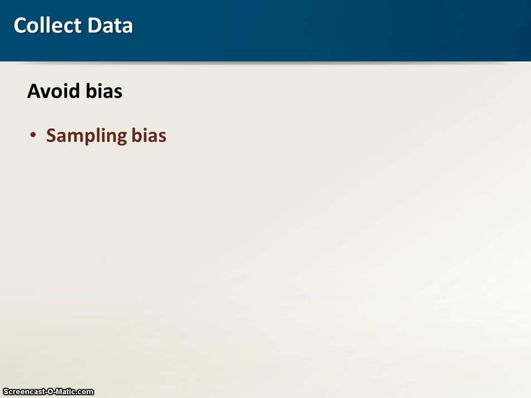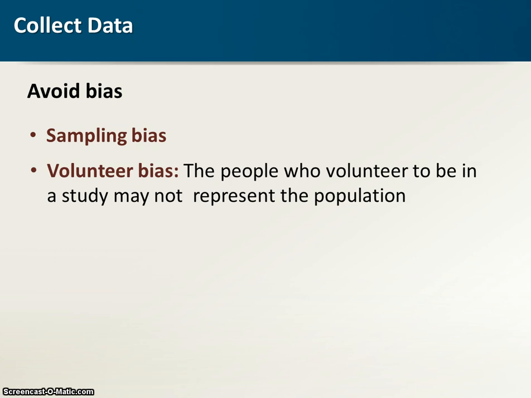Second one we have to look out for is called volunteer bias. The people that are willing to be in your study might not represent the entire population. Now, this is a much bigger issue if it's a study that's going to take a lot of time or be on a sensitive topic. So, if you want to do a survey and ask people really in-depth questions about their sex lives, well, the people that are willing to tell a stranger about their sex lives, maybe they're different from the people that just say, no way, I'm not going to be in your study.